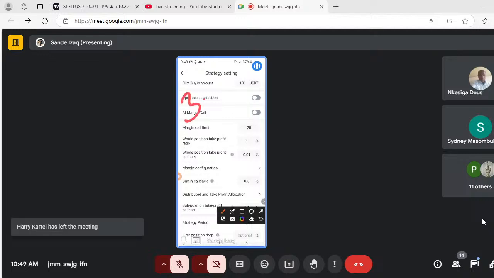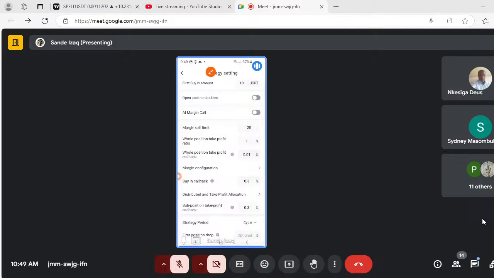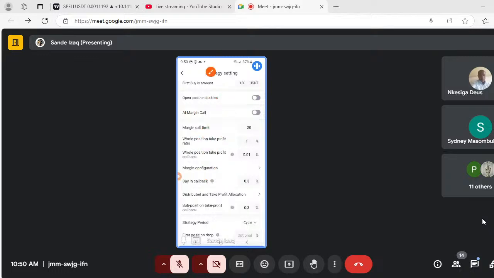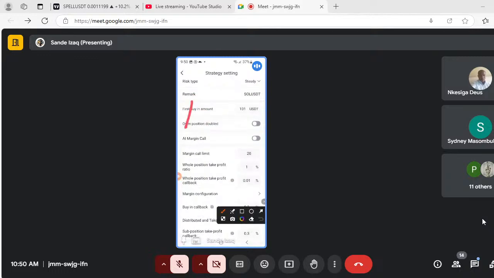You also go up to 5%. I know many people have faced that. You've put 3%, but you find the robot has given you 3.5, 3.4, or 4%. You understand? So if you don't put anything here, you put 0, the robot will sell immediately. But if you have put a callback of 0.01 on all position take profit callback, it means if the market reaches 3% and there is a small drop of 0.01%, the robot will sell immediately. If it reaches there and that drop is not there, it continues up to 4%. But when that drop of 0.01 comes,